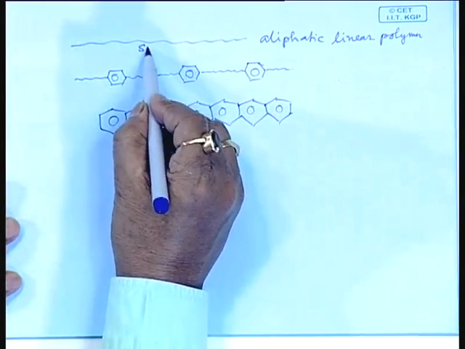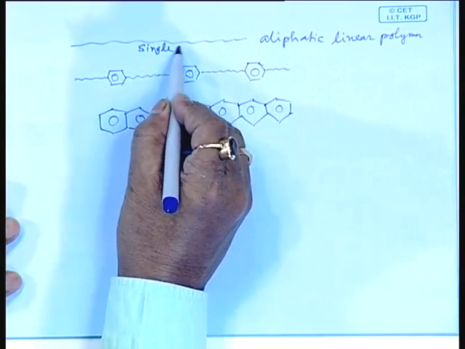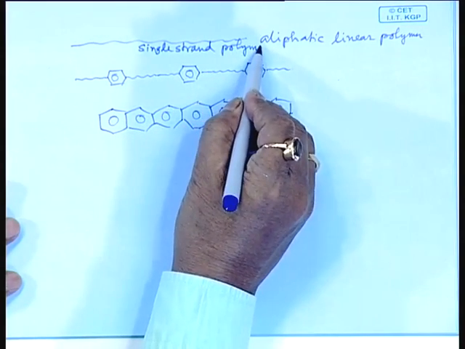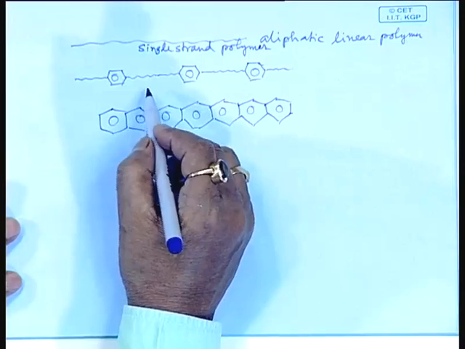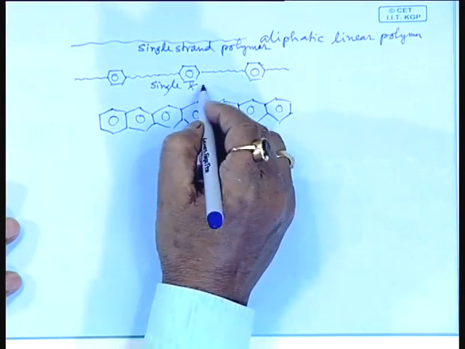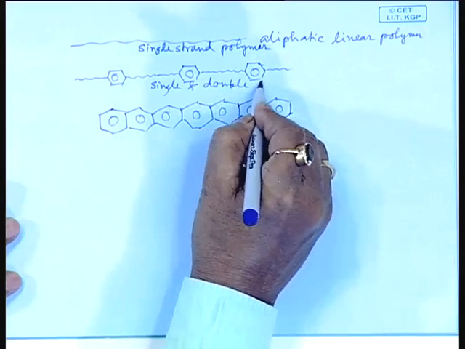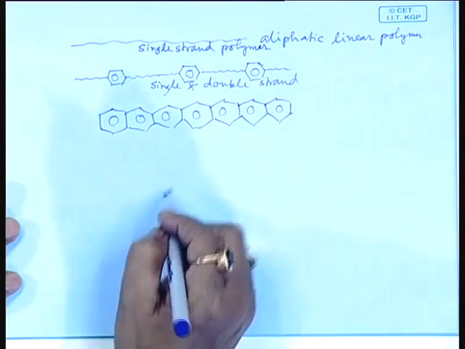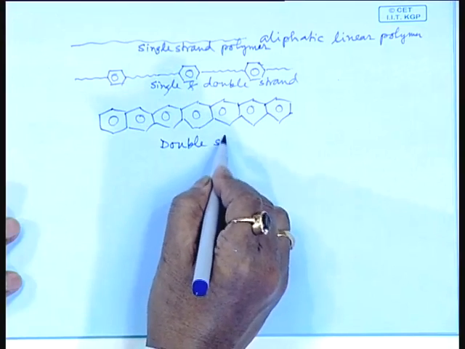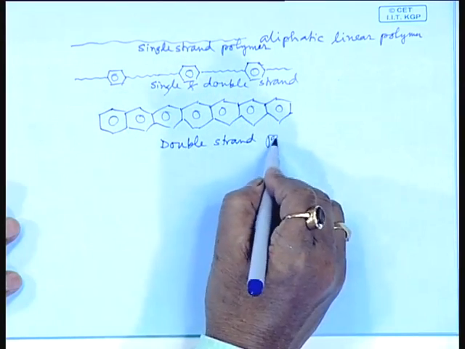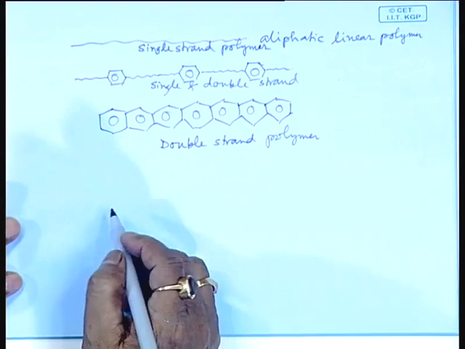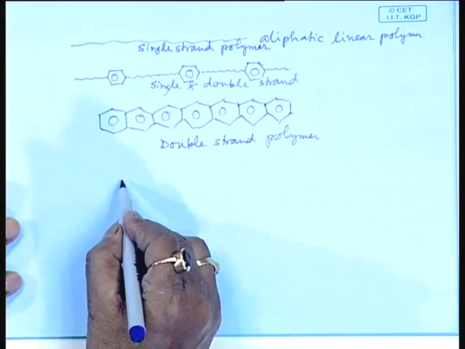This is a single strand polymer. This is a combination of single and double strand polymer. This is a double strand polymer. We can have polymer like